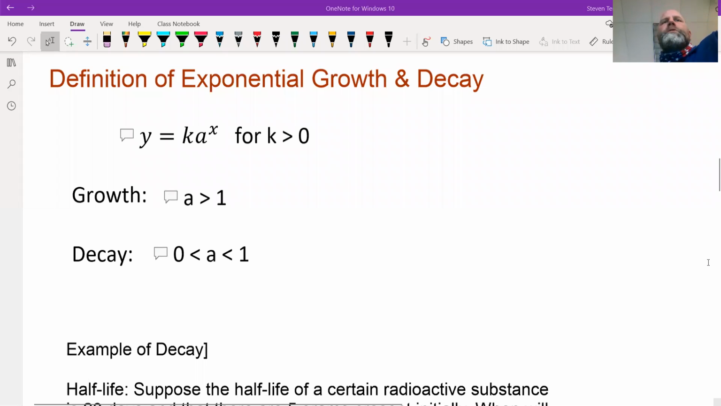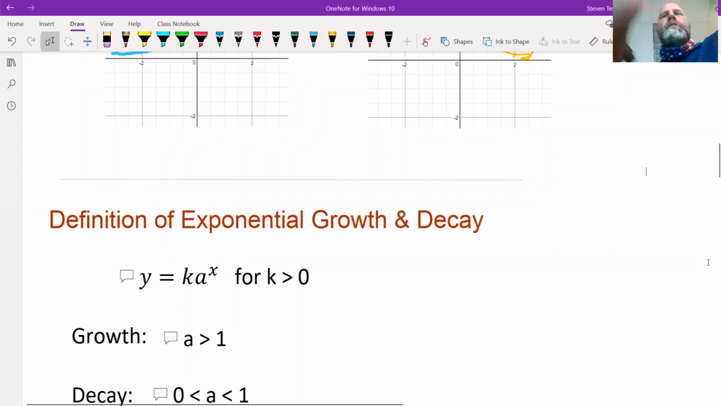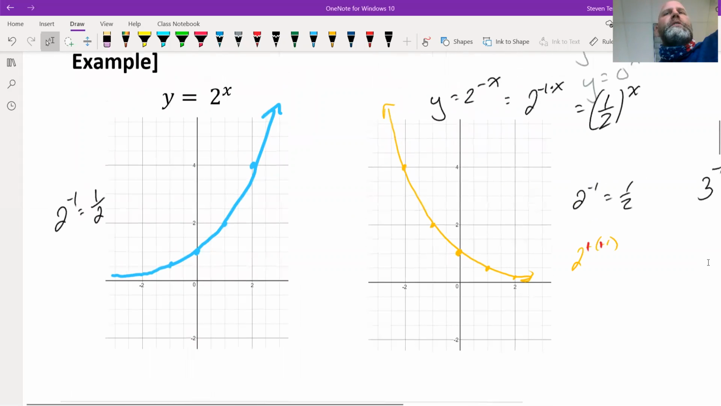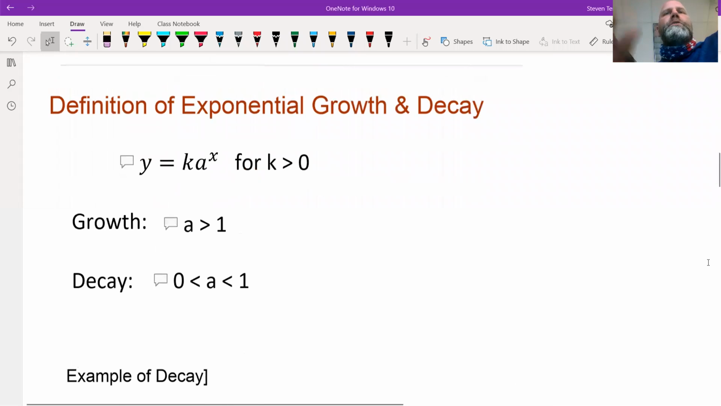Welcome back, Calc students. This is tutorial number 2 based on section 1.3, exponential functions. I'm on the topic of growth and decay. So we just completed the first tutorial with some graphs of exponentials, and now we're going to focus on applications